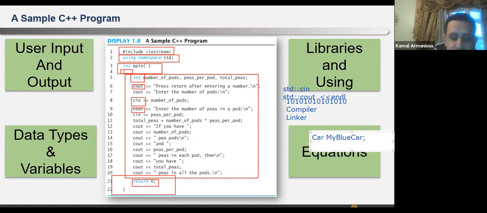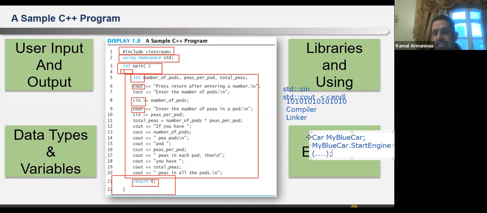Do you remember when you were saying my blue car dot start engine, and this is a function, and then you call this function that belongs to the class called car, that you have defined before the main, if you recall this aspect.